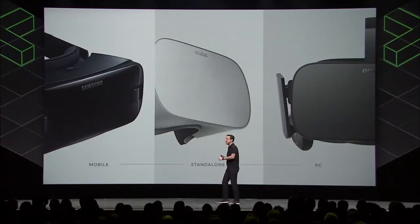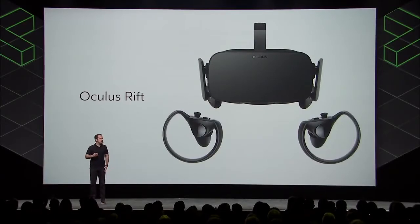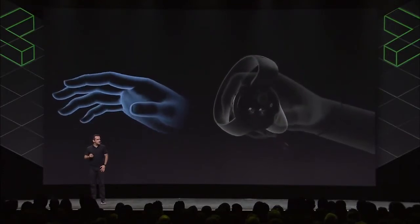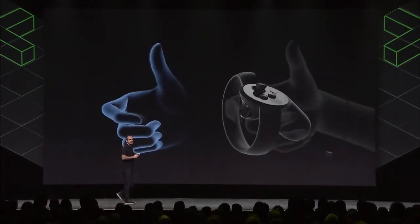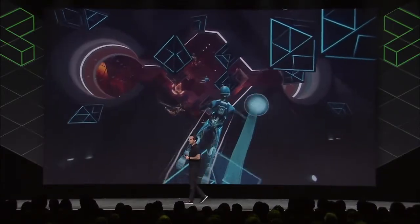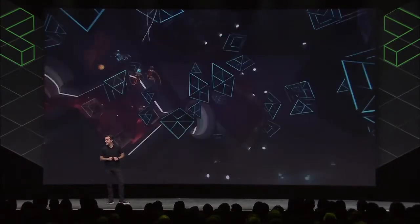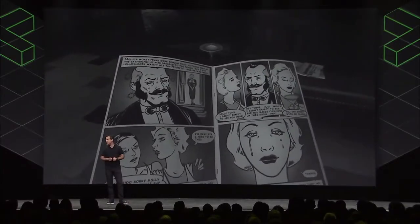So we've talked about mobile and standalone VR, and now I want to turn to our most powerful VR device, Oculus Rift. Rift pioneered VR magic to the world. And Touch changed the game by giving us hand presence in VR with such high fidelity that you can naturally do things like throwing and catching a frisbee while flying, why not, in zero gravity, or holding a comic book in your hands and flipping through the pages just like the real thing,